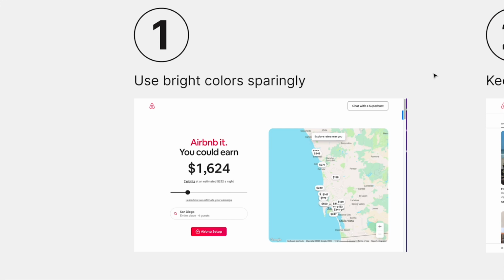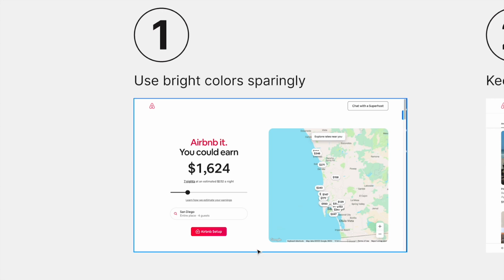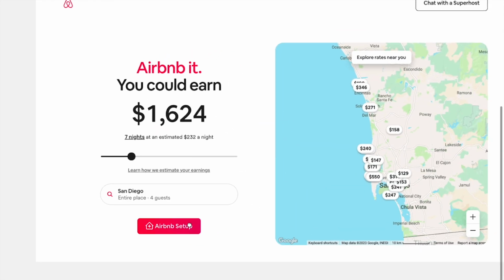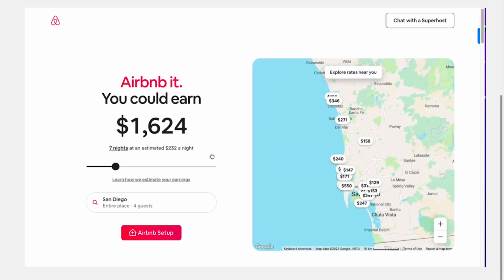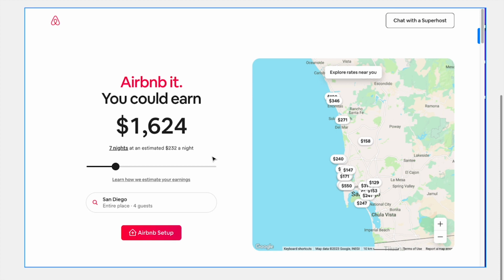So the first lesson here that we're going to take a look at has to do with color. As a general rule, you're going to want to use bright colors sparingly in your UI designs. And Airbnb definitely does this all throughout their UI. They have this bright Airbnb red, but they only use it as a color pop here and there to